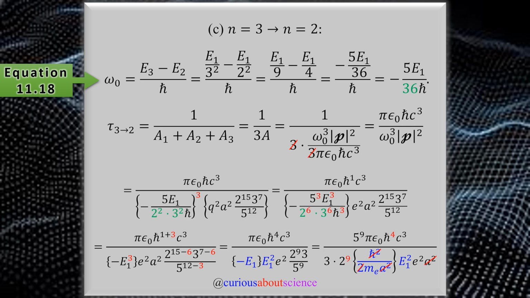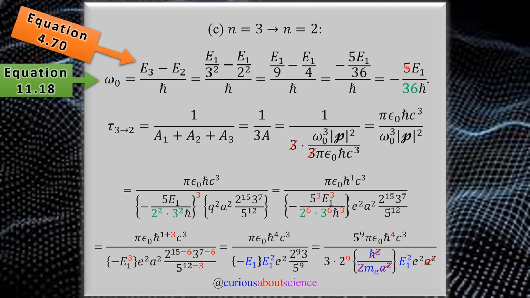All right, so finding omega here, which we know we need for the spontaneous emission rate, we see that that's going to be E3 minus E2 because we're transitioning from the n=3 to n=2 state. Clearly use the Bohr formulas here, which was back in chapter 4. So E1 over 3 squared, E1 over 2 squared, simplify that common denominator. Now we see here, keep an eye on this 36 because 36 is 4 times 9. And we could break 4 down into 2 squared and 9 down into 3 squared. We saw we had 2s and 3s earlier, so that'll be useful to you,